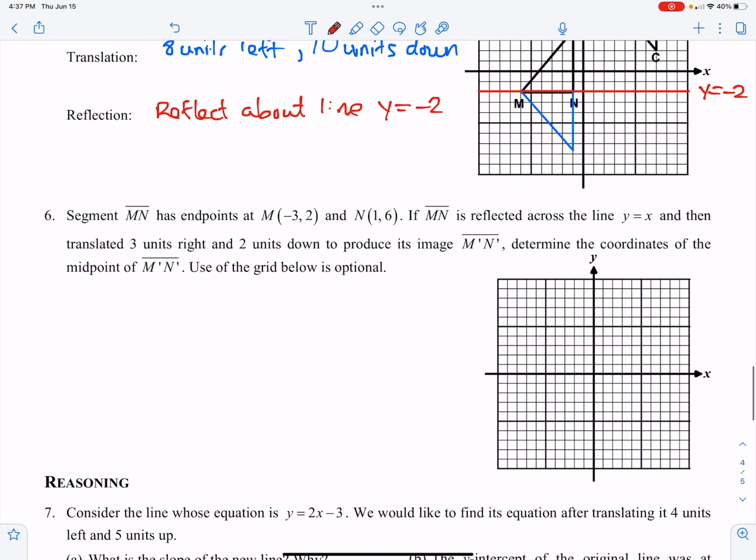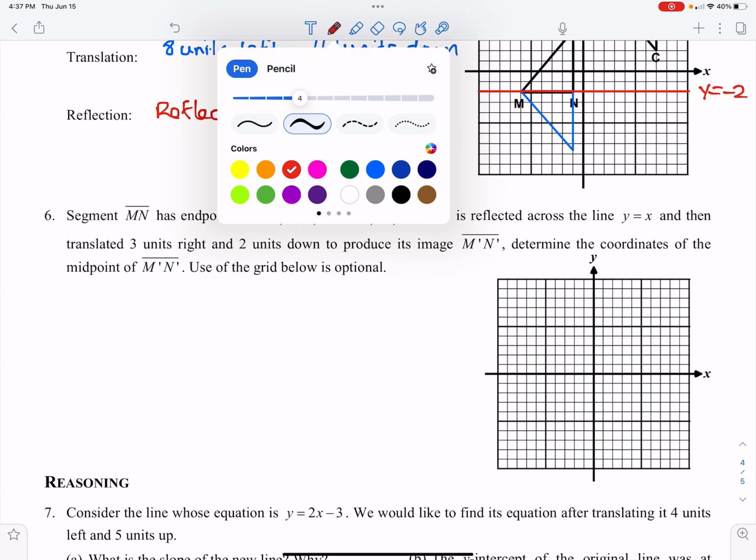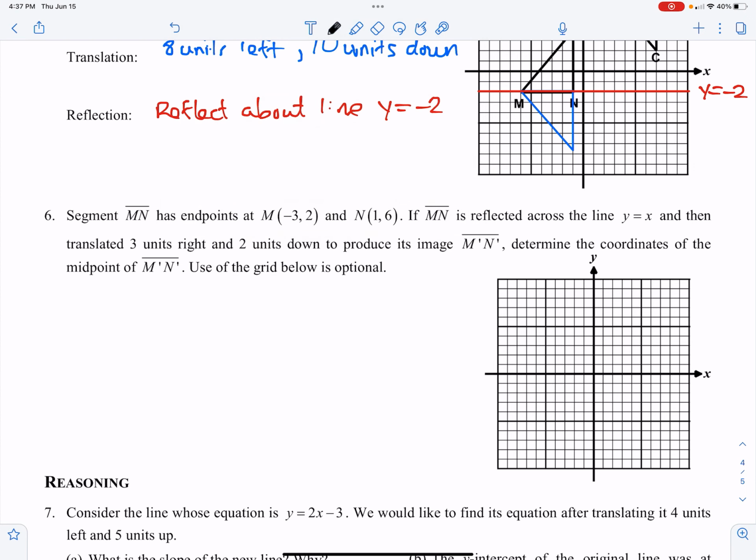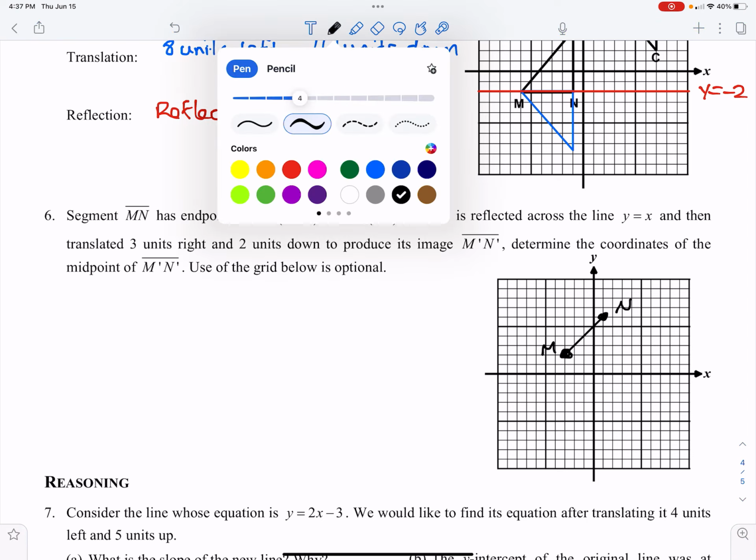Number 6, if segment MN has the endpoints -3, 2, so that would be right here, there's M, and N has 1, 6, that would be right here, there's N. I'm going to go ahead and connect them with a line, make a line segment. Now, if MN is reflected about this line here, so I'm going to